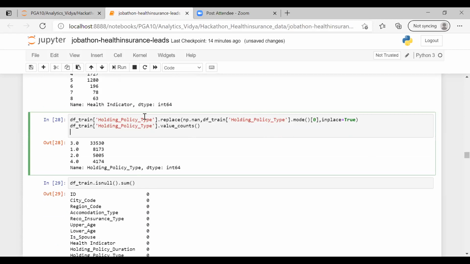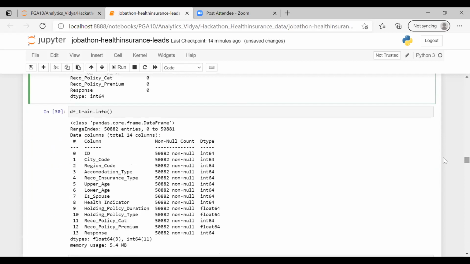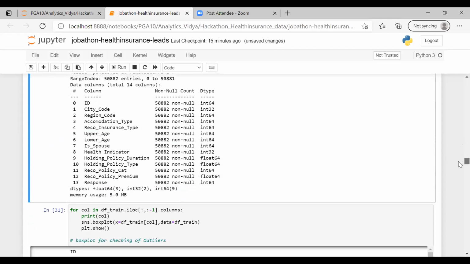Same like that, we are going to do it with this column. We had null values in 3 columns. If you remember, guys, 2 we have already treated. This last is left. Holding policy type: replace function, old value, then new value mode, and then inplace equals True. Treated. Now, if I go and check for null values, isnull().sum(), I don't have any null values now. Okay, this is the data cleaning part. Checking again for info, so that if any object data type is there, I can go for it. I can see I have all int, float, int, float, int, float. Yes, I don't have any categorical data type now.